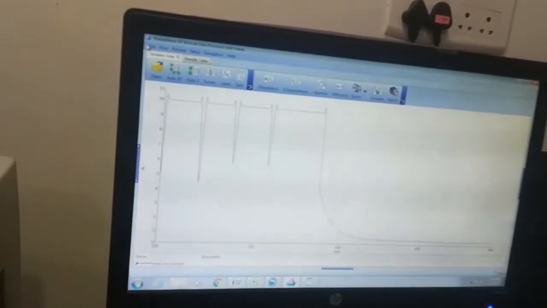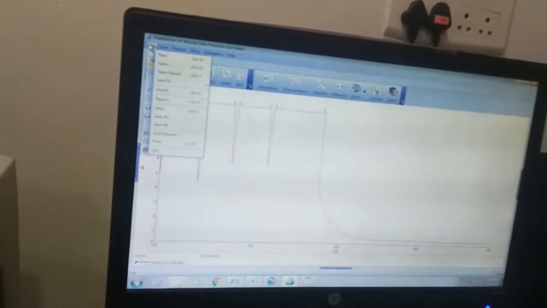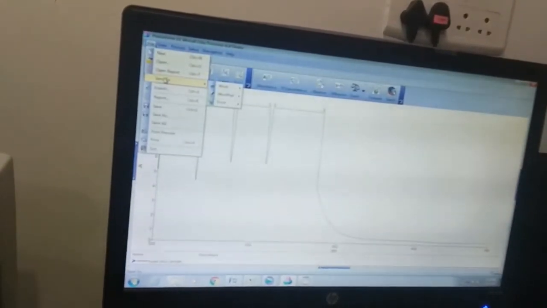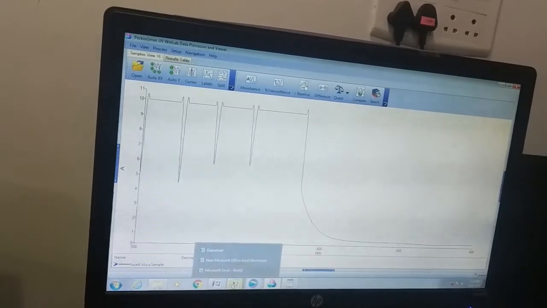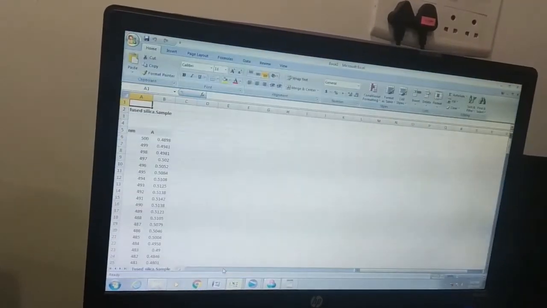Then go to DPB and then go to file and then Excel, new Excel. Here you see the data are inserted in this column. This is the absorbance data.